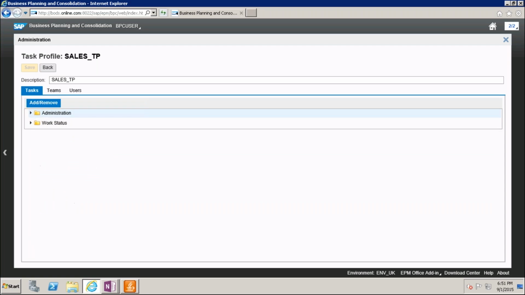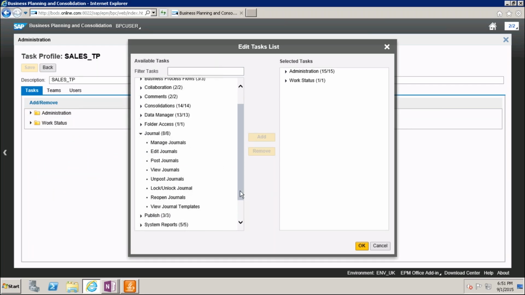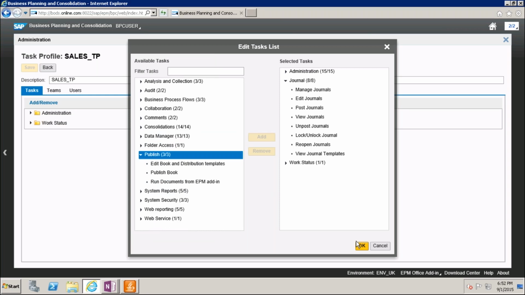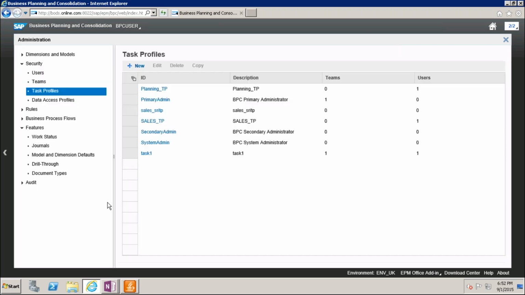So here just go and add journals. Manage journals, edit journals, post journals, view journals, everything, log journals and all. If I'm giving this one to add, I'm providing the access to this. Save, come back.